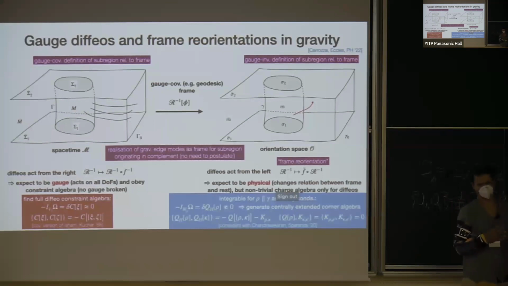Oh, I see. So you can do it with the dust frame, but then you need to define the other boundary from which you shoot in the geodesics. For example, in the case of this closed universe, you would have to attach it to some heat bath surrounding the closed universe, if you wanted to do something like this. But in this general construction, when you don't care about finite subregions and you just look at dynamical frames, then you don't need boundaries at all. If you have matter frames such as the dust frame, there's no need for a boundary. Sure, thank you.